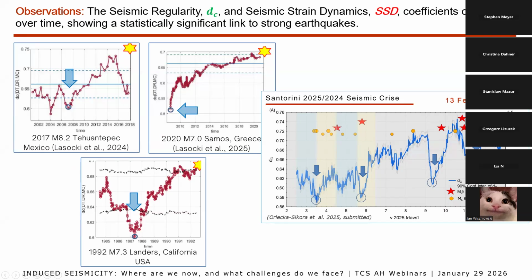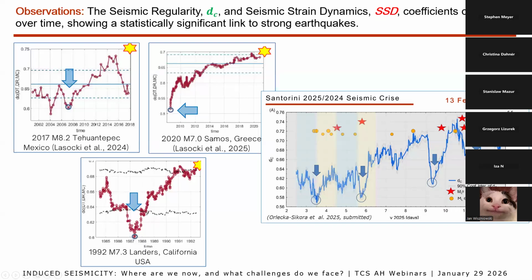The first plot shows the large earthquake, magnitude 8.2 in Mexico, Tehuantepec. The second is from Samos in Greece. And the third one is Landers. And you can see that the DC minimum is very clear, very easy to identify this moment